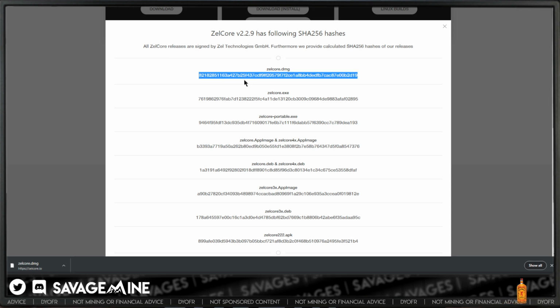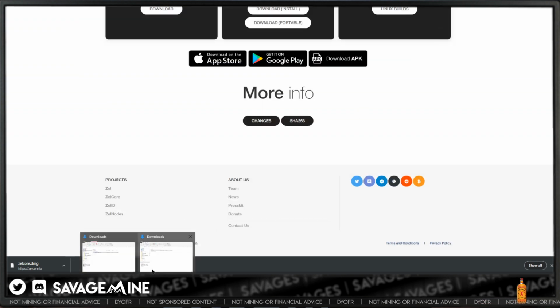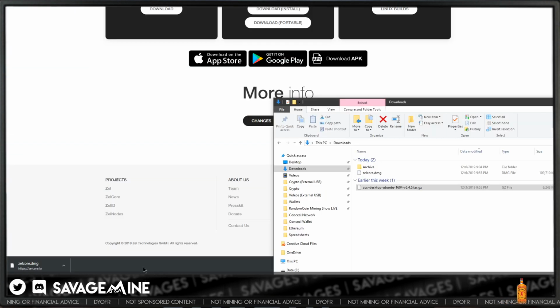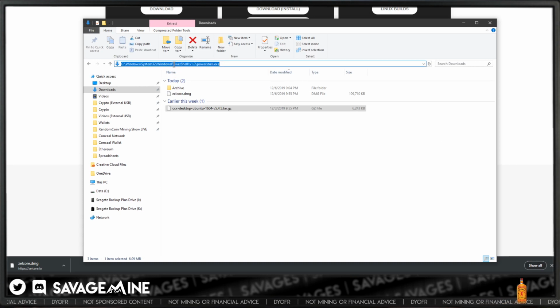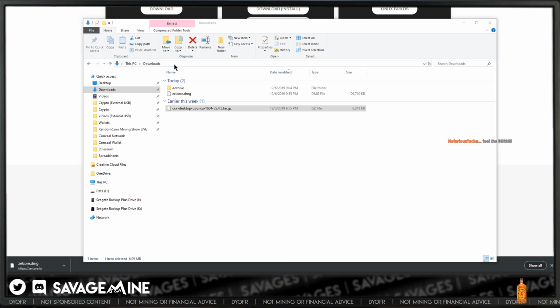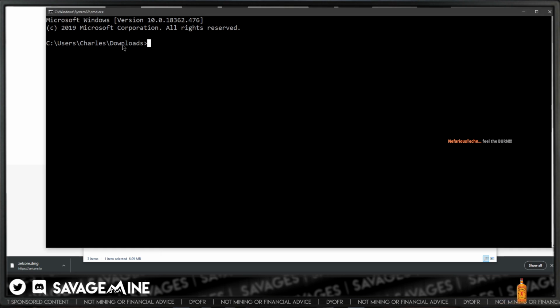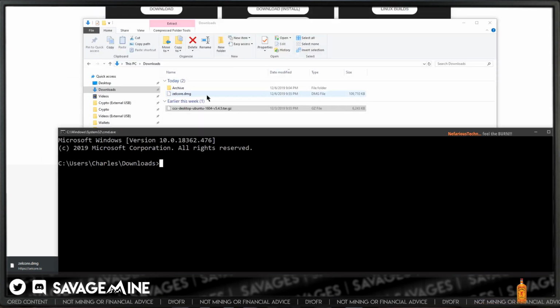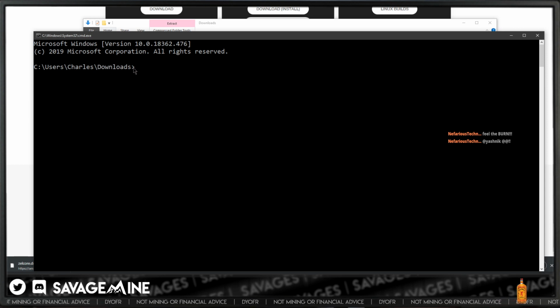So what I'm going to do is copy that hash. Then we can go to the folder where I downloaded it. And in Windows, it's kind of neat. You can just type up here CMD for command, right? So you can open up a command prompt by typing in CMD, and it'll actually open in the folder that you did it in. Because I was in downloads in Windows Explorer, it just automatically opened it up in downloads, which is kind of nice.